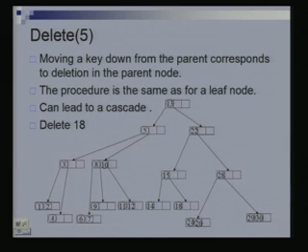अब हम 18 को डिलीट कर रहे हैं. ठीक है, 18 को डिलीट कर रहे हैं, तो वही पहले आप 18 को सर्च करते हैं, यहाँ आते हैं, 18 गायब हुआ यहाँ से, ये नोड खाली हो गया, ये अपने सिबलिंग से बोरो करने की कोशिश कर रहा है. इसके कितने सिबलिंग हैं? एक सिबलिंग है ये, पर इसके सिबलिंग में भी एक ही की है, तो बोरो नहीं कर सकता.